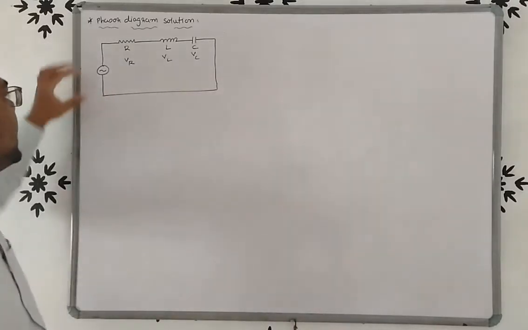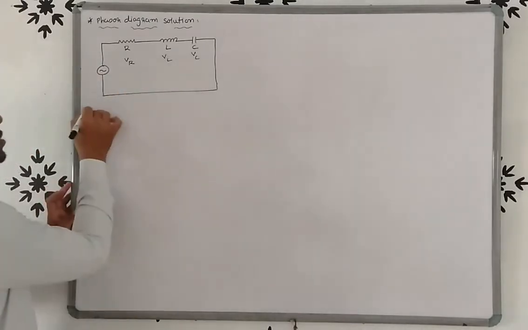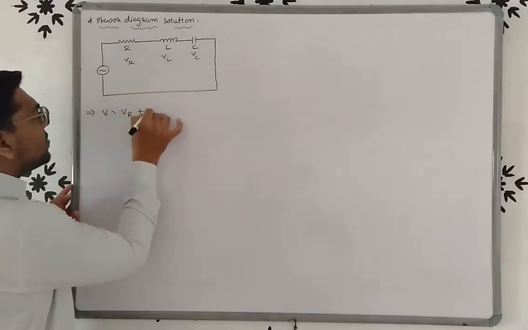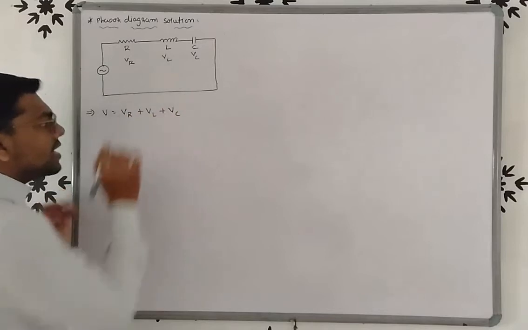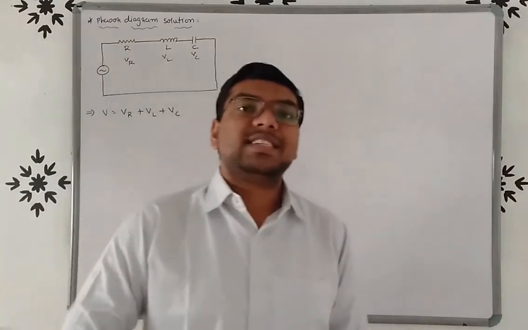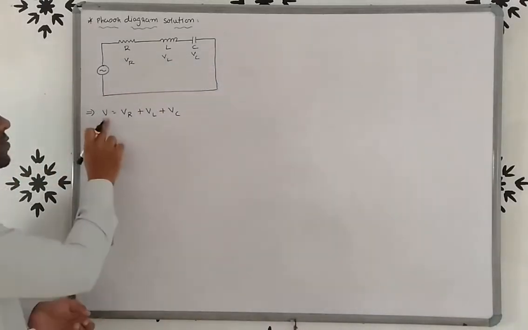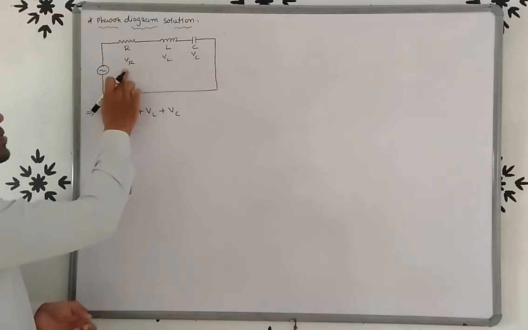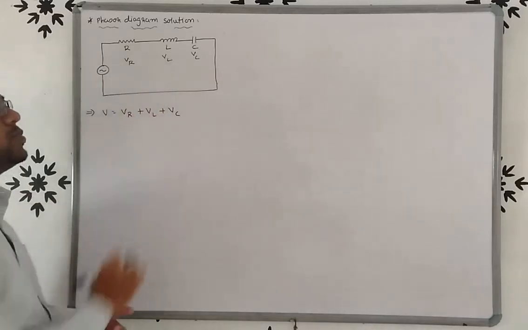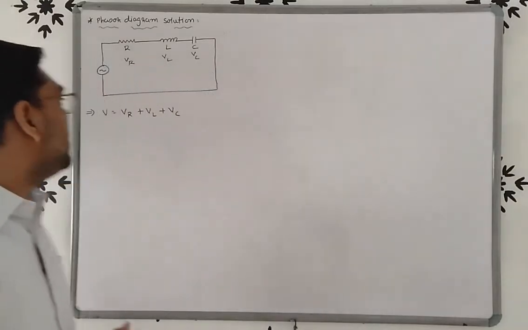So when we connect AC voltage to resistor, inductor and capacitor, the total voltage V is equal to VR plus VL plus VC, right? So the total potential V is equal to the potential of the resistor, VR, plus the potential of the inductor, VL, plus the potential of the capacitor, VC. Now we know that